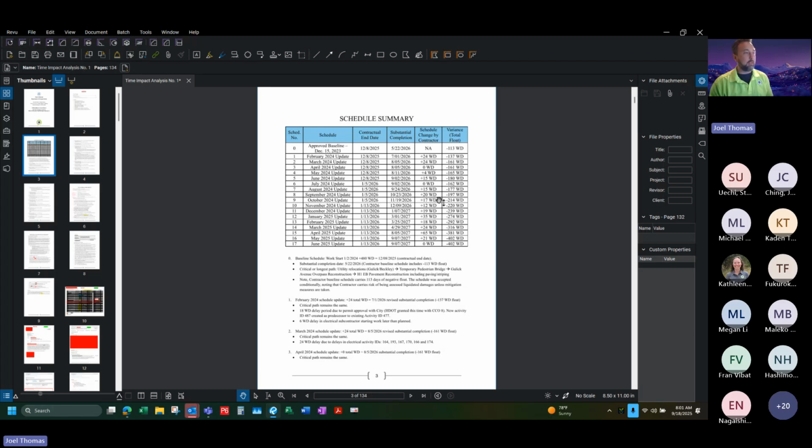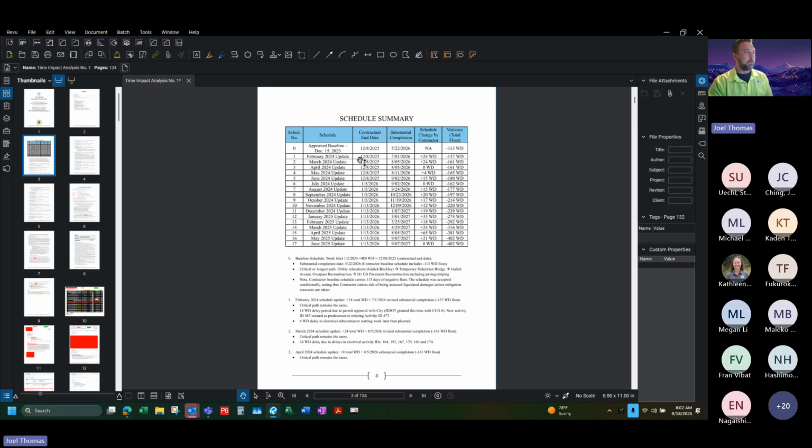And I explained that to them. So we ended up just saying, all right, you guys are on the hook for 113 days of potential LDs at the end of the contract. But anyway, so create this table, and then each schedule, we would have like this first update that we got